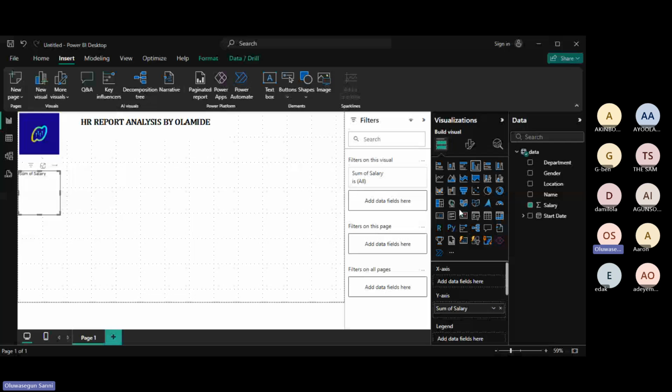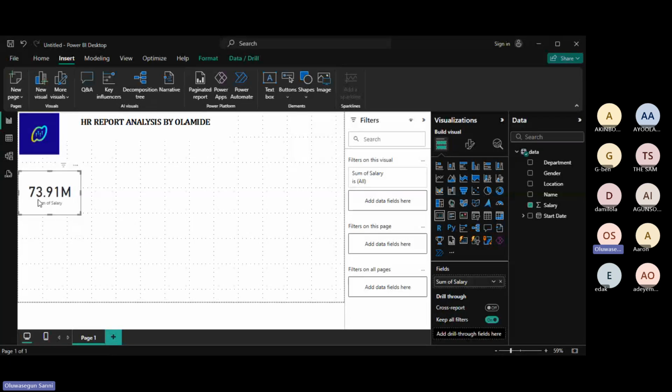What did I do? I selected the salary, the column that I want to get my insights from. Then I pick the visual that I want to use, and I have it. So it means that in this organization, if I make it bigger, I'll see it bigger. The total salary paid every month to the staff is 73.91 million. And I'm just seeing it like that on the card, right? Now, let's stay there for now. The next thing of course after this is to design that card itself. But let's leave that and do other things. Then we can design all of them together. Designing it is called